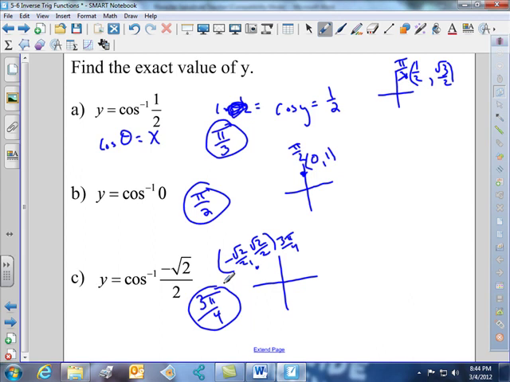And I think I stated this already, but let me say this again. When we're finding inverse sines and inverse cosines and all these inverse trig functions, we are finding angles. We're finding the angles that have those particular values that are given to us. That's no different